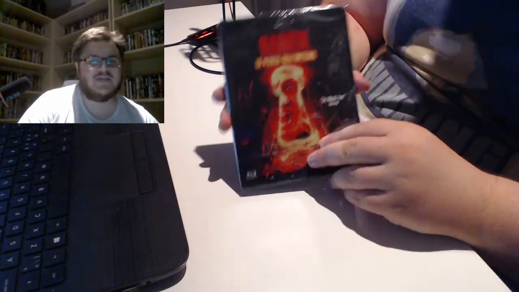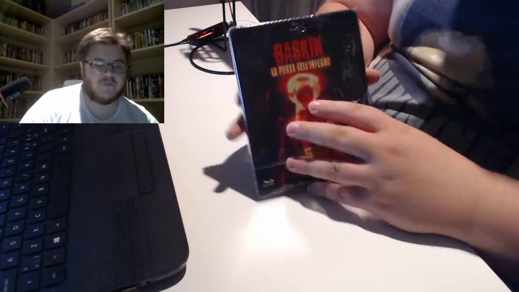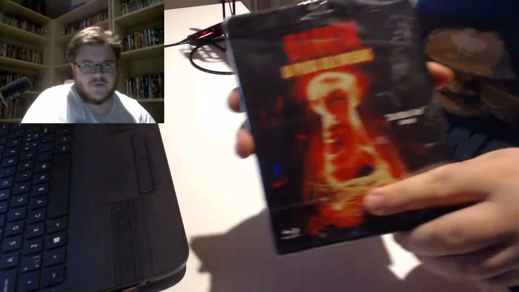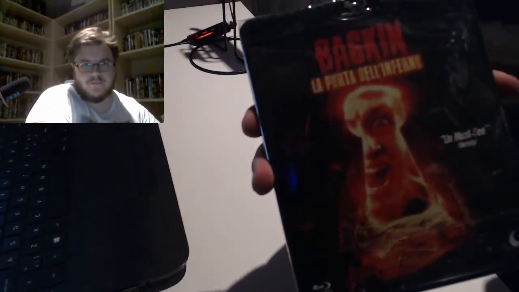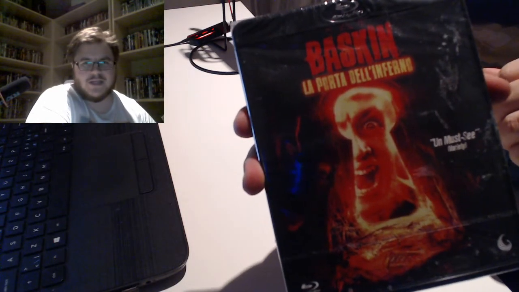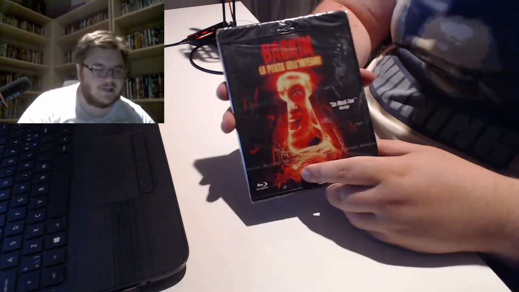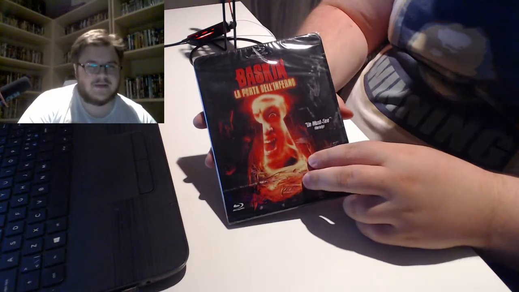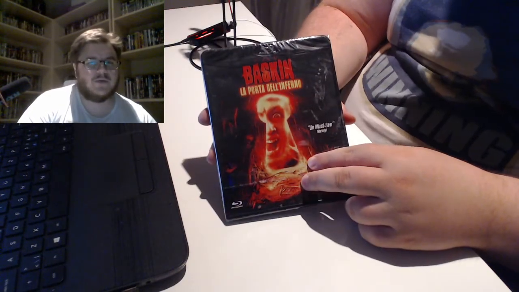You could buy this on DVD, but I really wanted it on Blu-ray, and I found this black Blu-ray, really cool. However, I don't know if you can see over here. There it says La Porta dell'Inferno, the portal to hell. So yeah, this is an Italian release of a Turkish movie, which means there's no English subtitles on this.